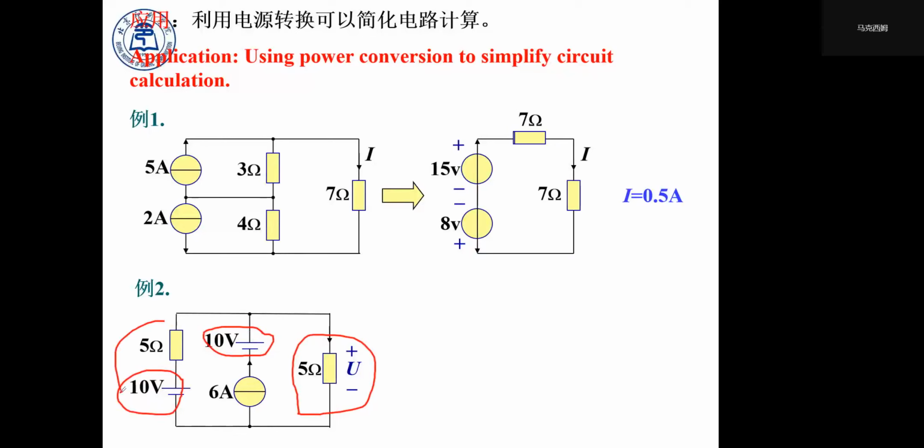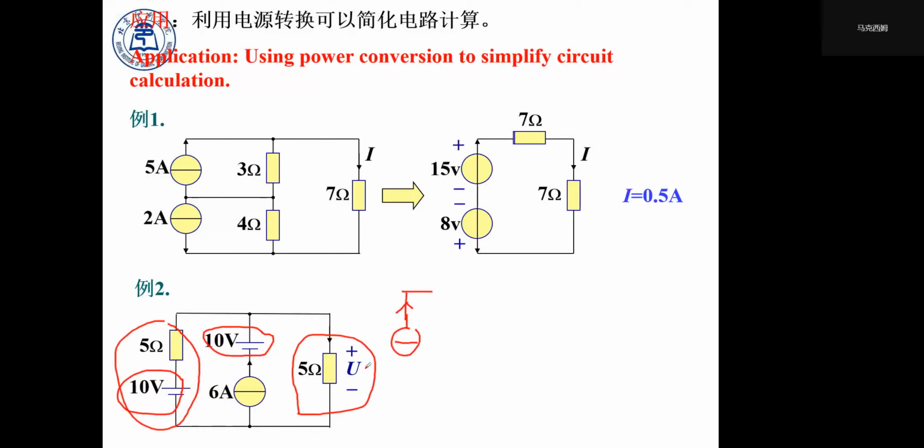This is a 5 ohm resistor, so we can transform this into a current source with a resistor in parallel connection. So we can transform the first branch into a current source, and we have a 10 volt 5 ohm